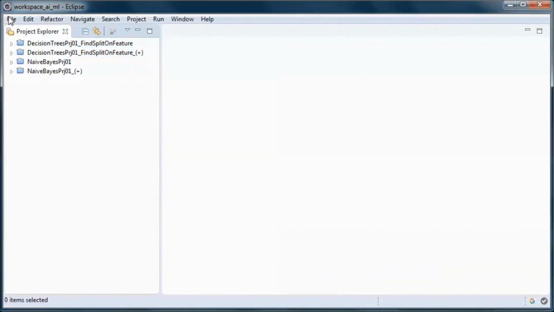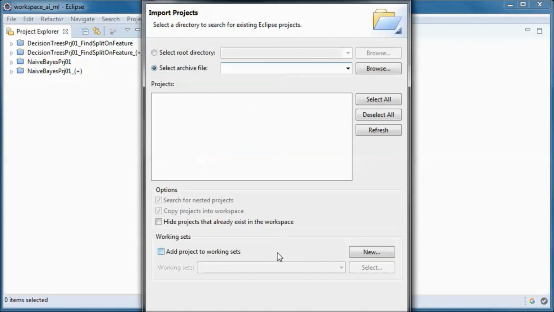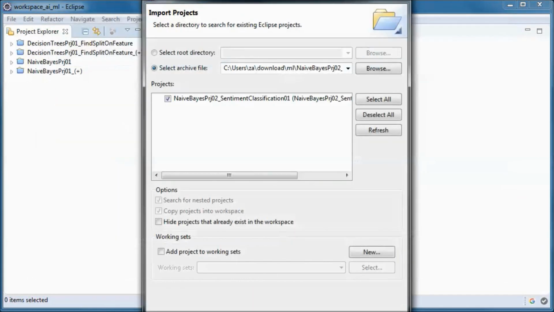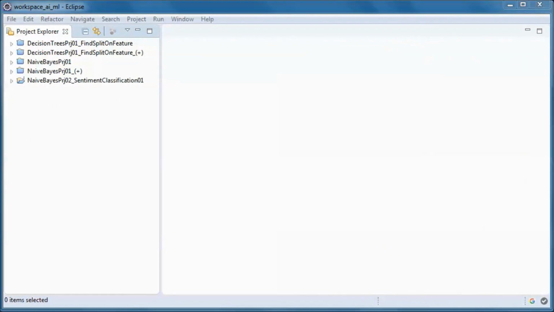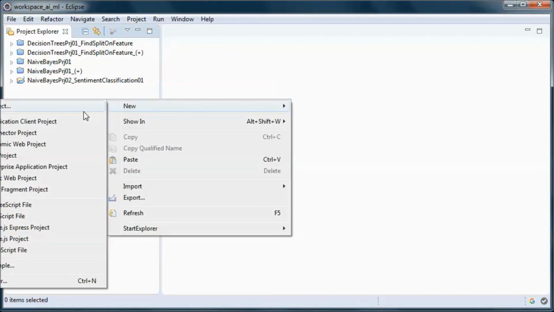I will start by importing this downloaded zip file, and let's go ahead and create a new project.